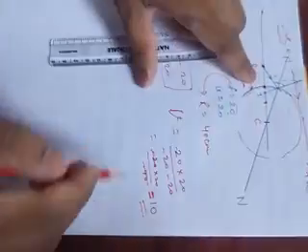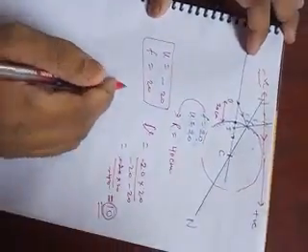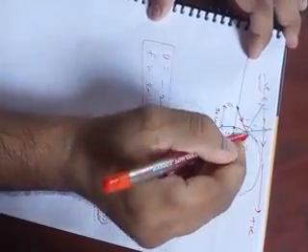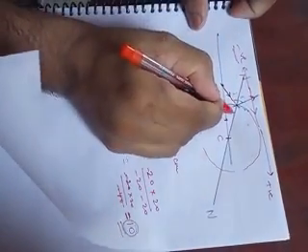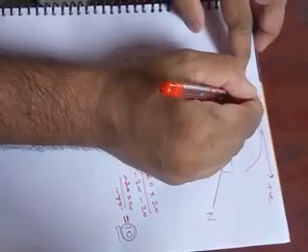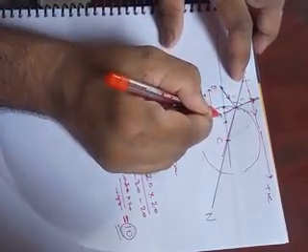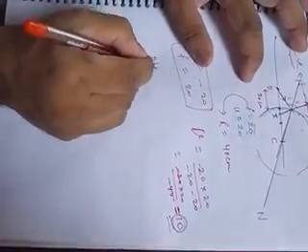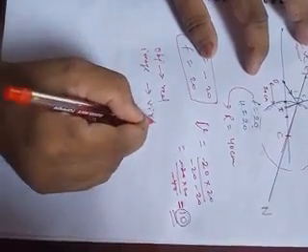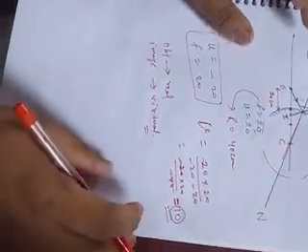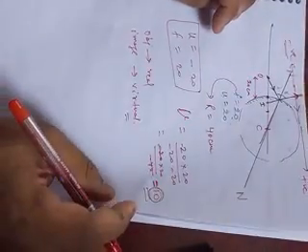This pole to image distance is how much? 10 centimeter. So what we saw: this is the incident ray, this is the reflected ray, and the normal is between the incident and reflected ray, which will pass through the center, and the reflected ray is going in this direction. If you produce it backwards, what you get is the image. So the object is real here and the image is virtual. Okay, so in the next video we will show the virtual objects and their cases with real image and virtual image. Thank you.